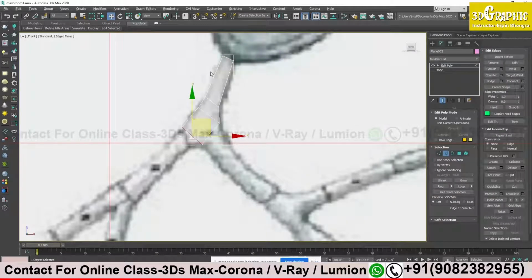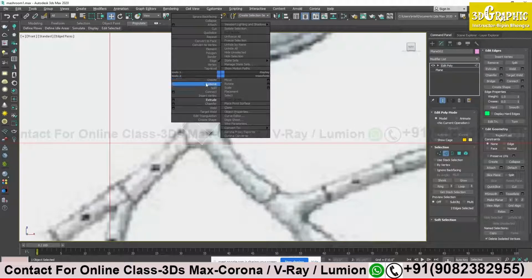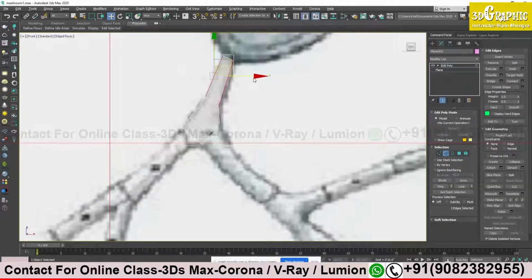So my edge is selected and I will drag over here. The two edges between which I want extra edges, I will click and drag the two edges and right click over here, and there you will find an option called connect. Connect means the two lines that I have selected will be connected with an edge.